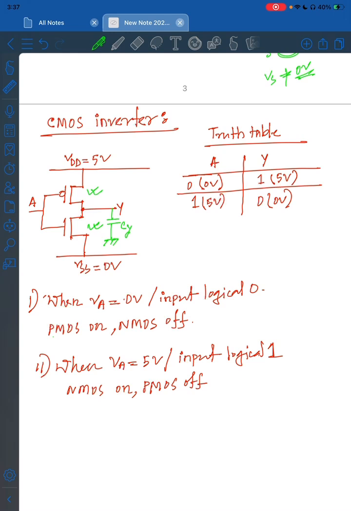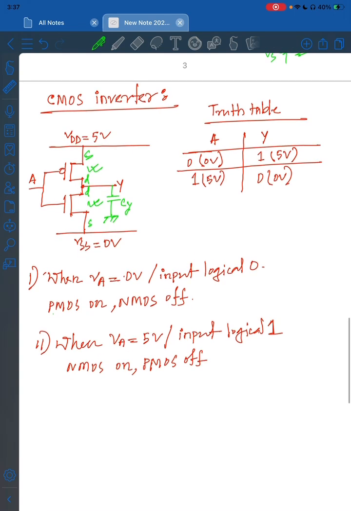Here, the gates of the two MOSFETs, the PMOS and NMOS, are connected to the A terminal, and the source of the PMOS is connected to higher potential 5 volt, and the source of the NMOS is connected to the lower potential 0 volt, and both drains of the two MOSFETs are connected together to the output at the Y terminal. This is the CMOS inverter structure, and whenever we put VA equal to 0 volt or logical 0,